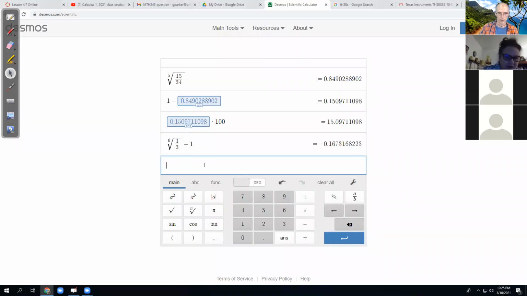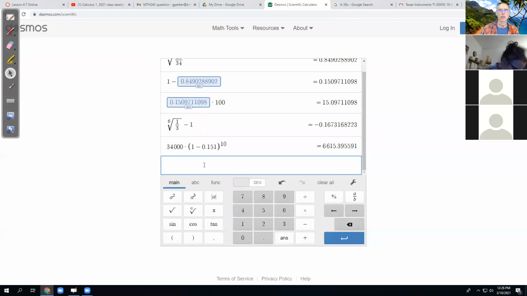I can do that on my handheld calculator? Yes. Okay, so I'm gonna calculate mine, make sure I got it right. 30,000 times 1 minus 0.1673 to the power of 10 equals